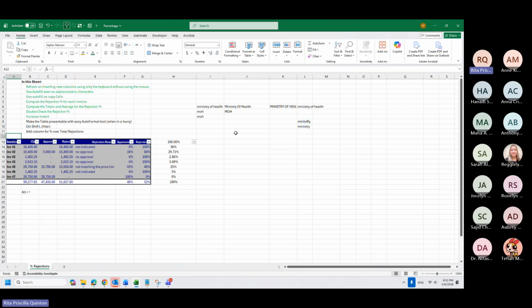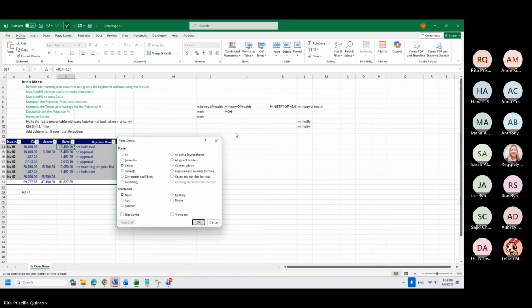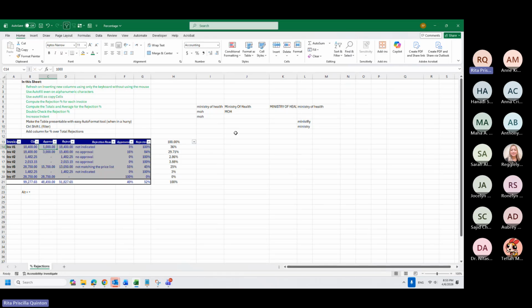So for example, also over here, if you tell me it's 100%, Rita, but then there's 1,000 over here, the formula was wrong. It's showing me 100%, but it should be less than 100% since I have a proof of 1,000. Change always from here, like this. It's 100% rejected, but this one should not be 100%. It should be 95%. Change from here.